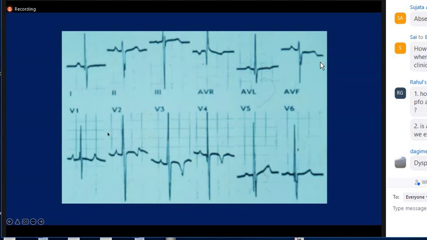A left axis with a prolonged PR interval and right bundle branch block is suggestive of a primum ASD, and the presence of significant left ventricular forces suggests that the patient may have left ventricular dominance due to mitral regurgitation,